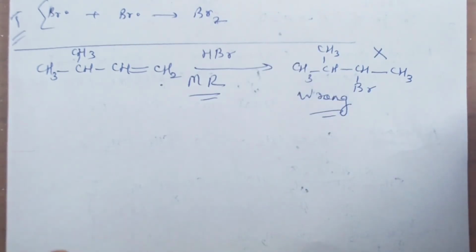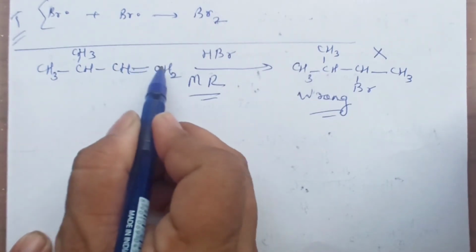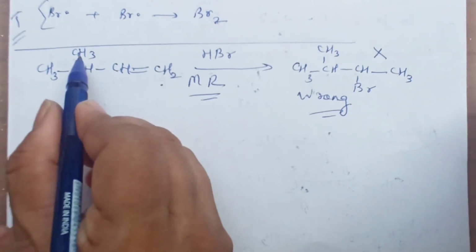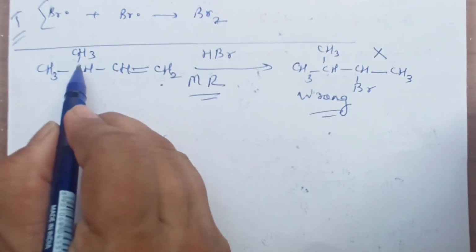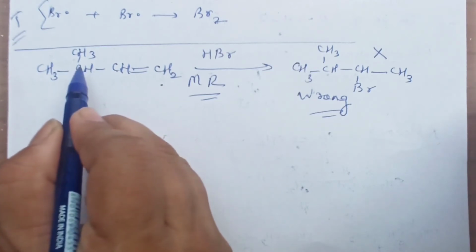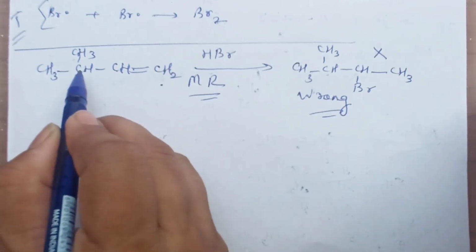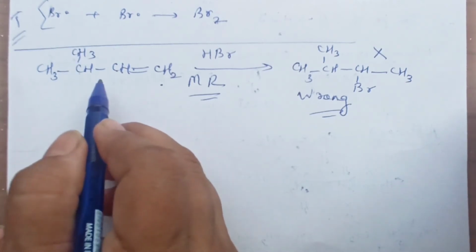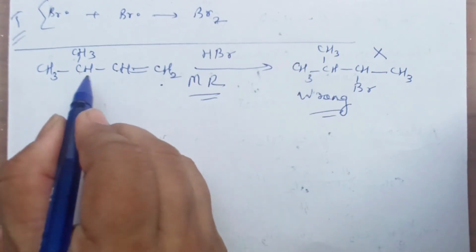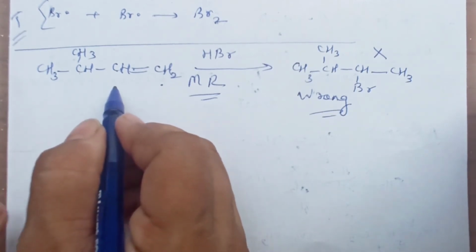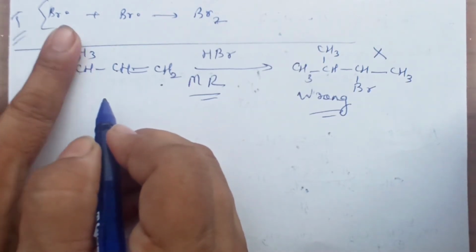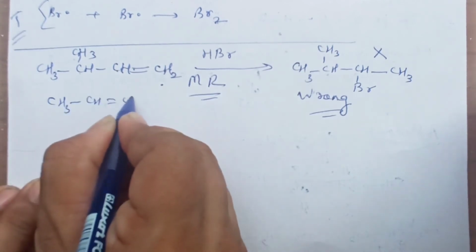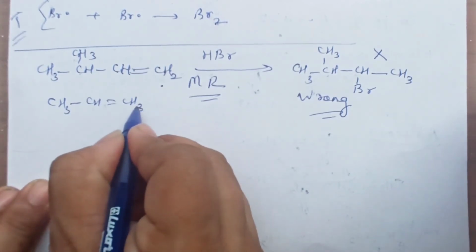Then what? Keep in mind, when there is a carbon-carbon double bond and the adjacent carbon has some hydrogens attached, where there is a possibility of shifting that H or methyl group, it will prefer undergoing a hydride shift or methyl shift. This is not applicable for 3 carbon atoms. You must be thinking why we did not discuss that. Suppose it was only CH3 CH double bond CH2.